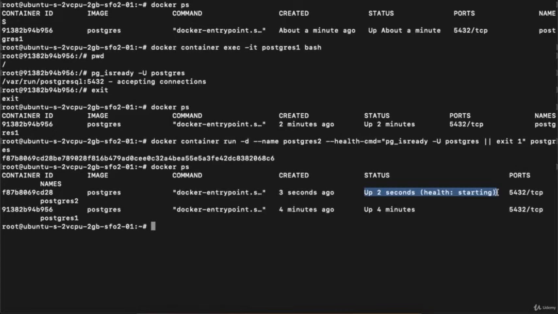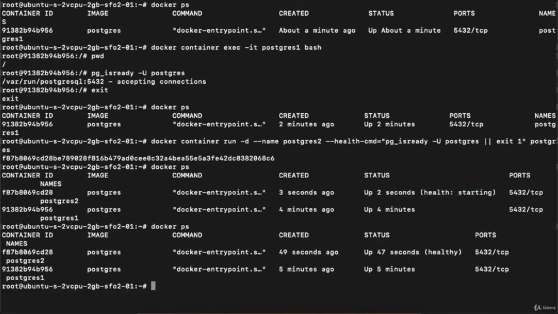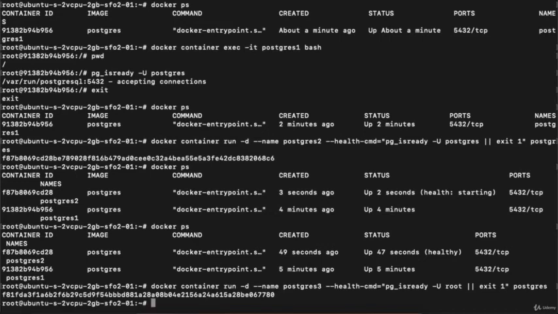So right now we are in the first stage, when the health check is just starting or the container is just being started. If I again run docker ps, we can see the container is up for the last 47 seconds and the state is healthy. Now let's execute one more Postgres container and name it postgres3. And instead of the postgres user, suppose I am trying to access the Postgres DB with some other user like root. Let's see what it returns. So the container is starting.